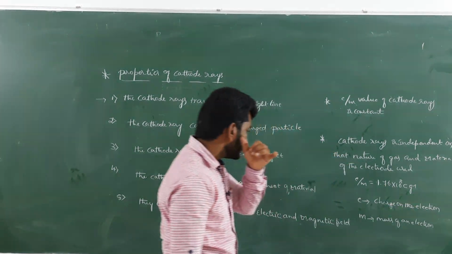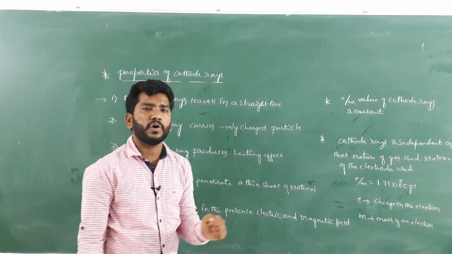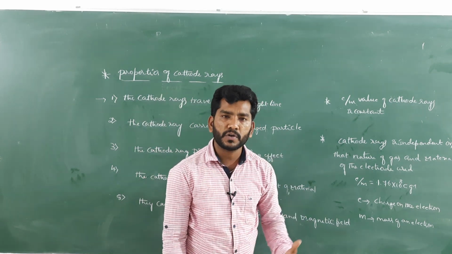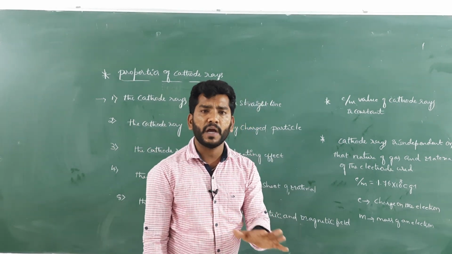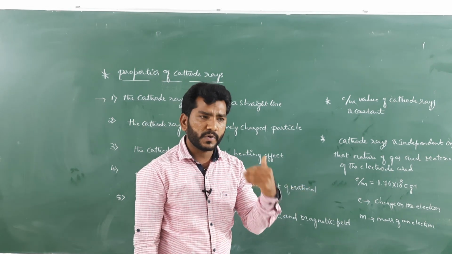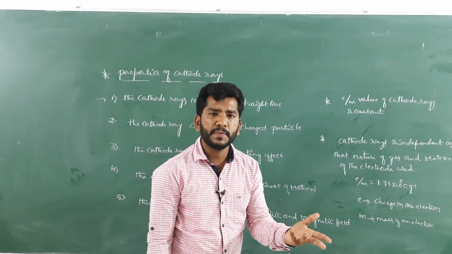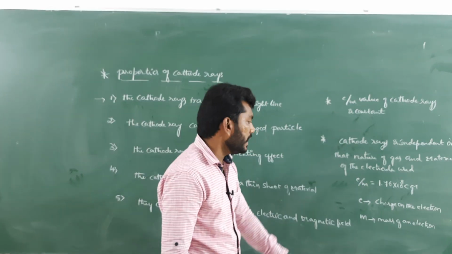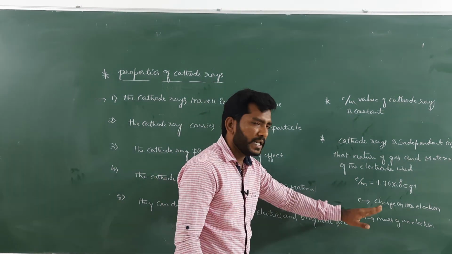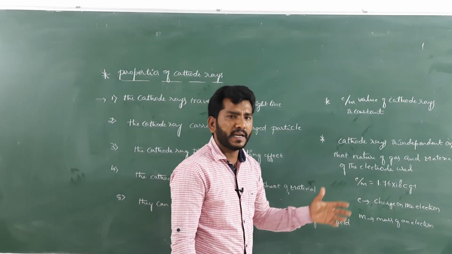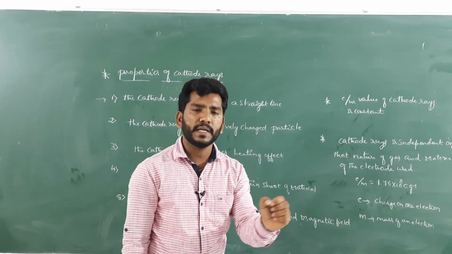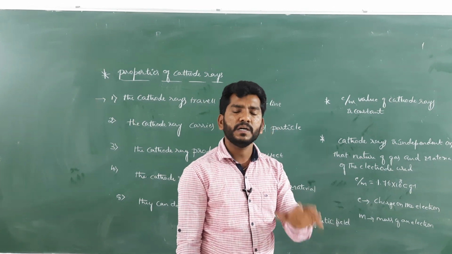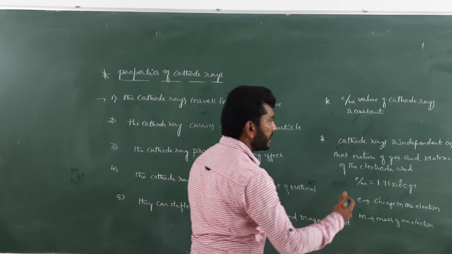That's why we say the electron is a universal constituent of all matter. Why? Because its e/m value cannot be altered. Whichever gas you take, or whatever electrode material you use, the value doesn't alter at all. That's why the e/m value is constant for any gas. So ultimately we have concluded that the electron is a universal constituent of all matter. That is also one of the most important properties.